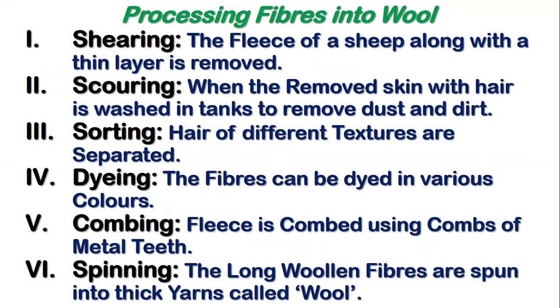Third, sorting. The hair of different textures is sorted. So this you will remember from the name because it's sorting, meaning you will separate. Then in dyeing, they dye the fibers in various colors. In combing, they use metal teeth to comb the fleece. And in the sixth step, spinning, the long woolen fibers are spun into thick yarns called